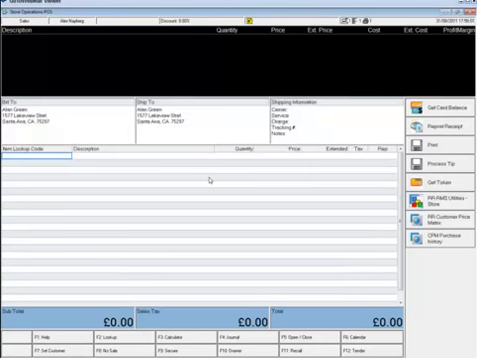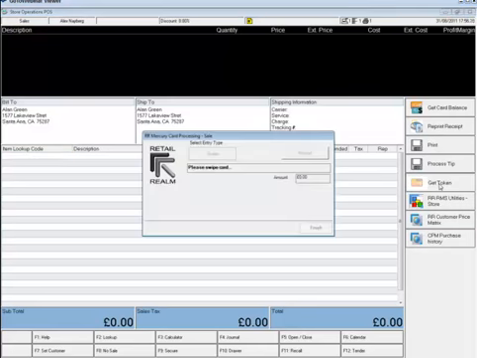So let's have a look at how it works. So first of all, if you want to get a token for a customer, this is for storing customer credit card details without actually storing them in the RMS database or any other database for that matter. You are simply telling Mercury that this is the card details and give me the token against it that I can reuse all the time. So let's bring a token for Alan. All you have to do is just simply click on get token, and it asks me to swipe his card. So I can go ahead and swipe the card